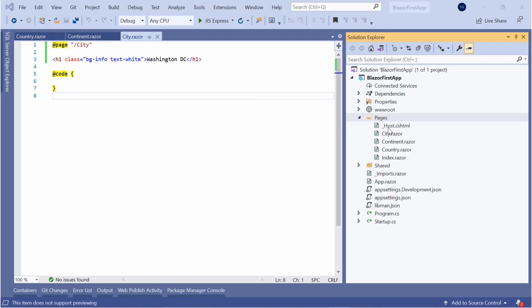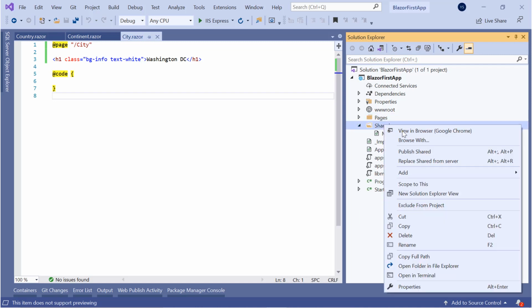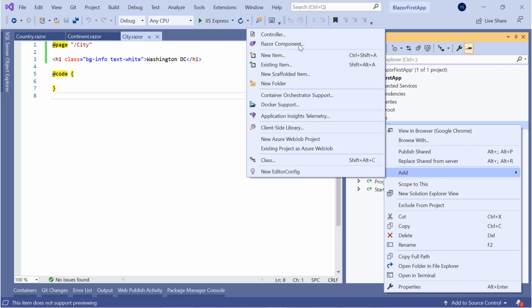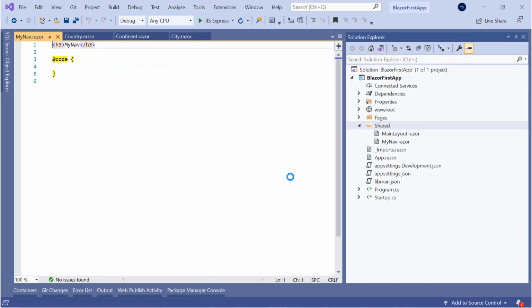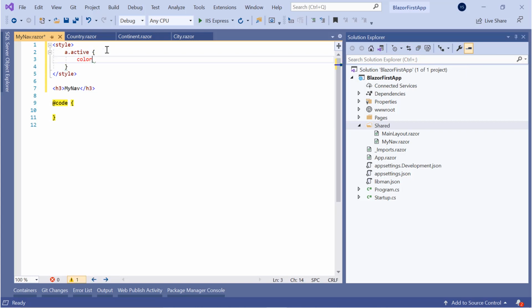Now I will create my side menu or left navigation or left sidebar. So these are three names of the same thing, and I create a new Razor component inside the Shared folder. So I add Razor component and name this as anything, like MyNav, and this is the Razor component. So first thing I add a style, and I give it the value a.active and color red.